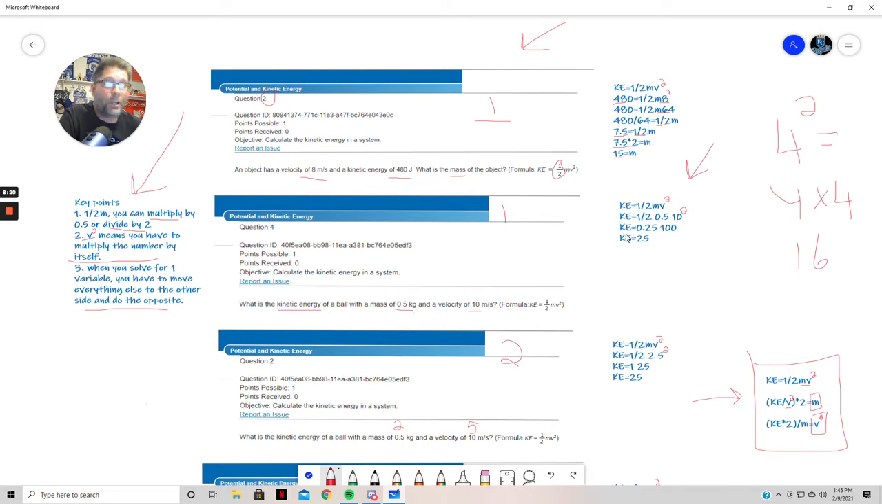So we plugged in the 0.5 for the mass, we plugged in the 10 for the velocity, and now we just did our math, taking 1/2 times 0.5. So you can either divide by 2 or you can multiply by 0.5, and either way you get 0.25 because that is half of 0.5. And this 100 is simply 10 squared, which is 10 times 10, 100, and now you're just simply going to multiply those two